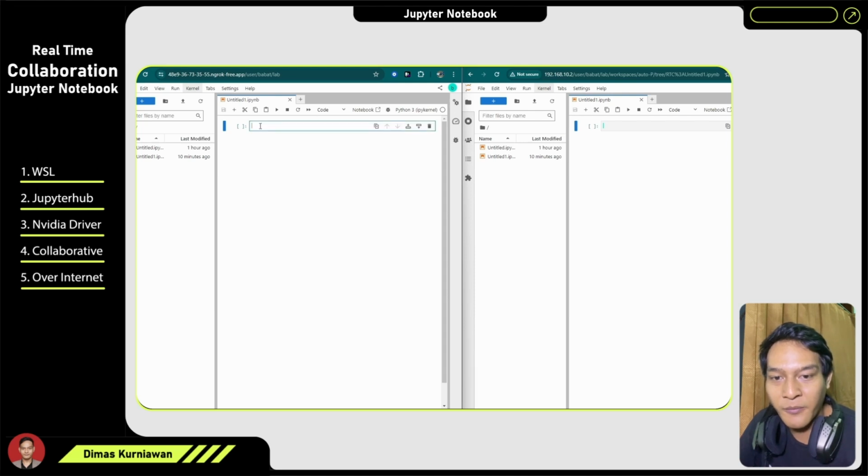In this environment you will get a powerful Jupyter notebook that your team and your friends can use over the internet, and then we will use GPU for the kernel. So let's dive into how to set up the environment in Windows using WSL.